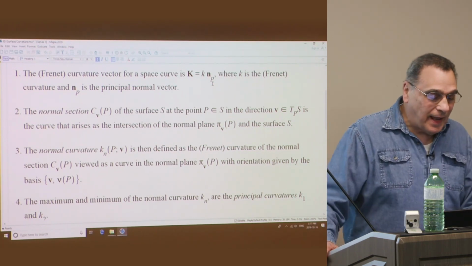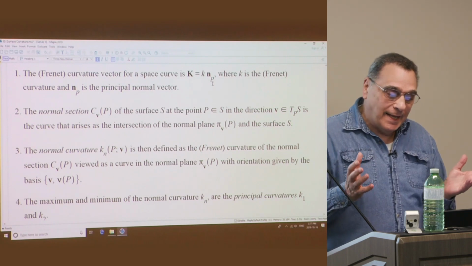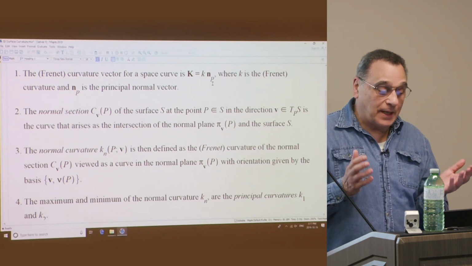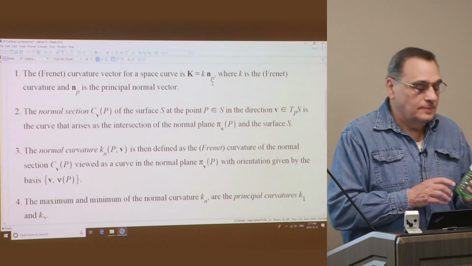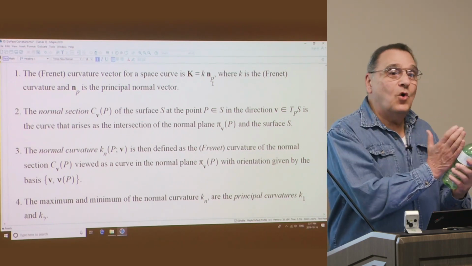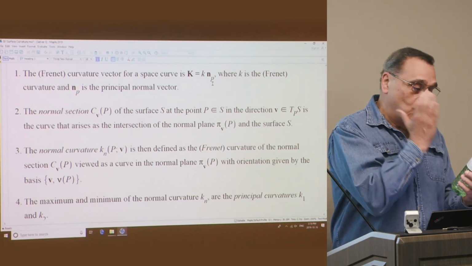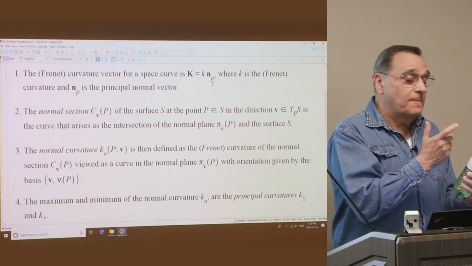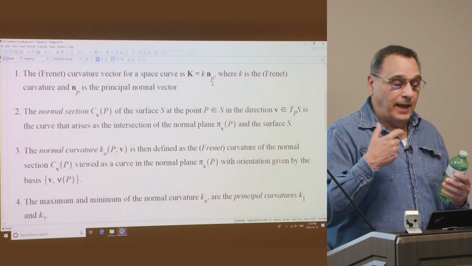Now, there is this thing called a normal section for a surface. And this is the thing that I struggled with the most, trying to visualize what they were talking about. What they're saying is you have a surface, you have a point and a normal sticking out at that point. You draw normal planes that contain that normal. It cuts the surface and forms a curve. You look at all such curves through that point, and then